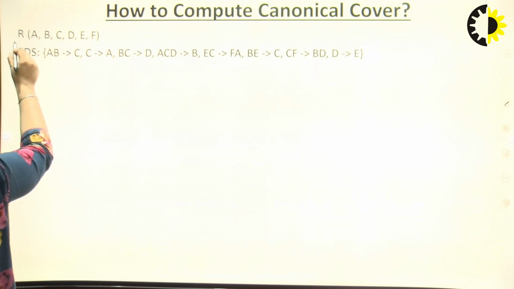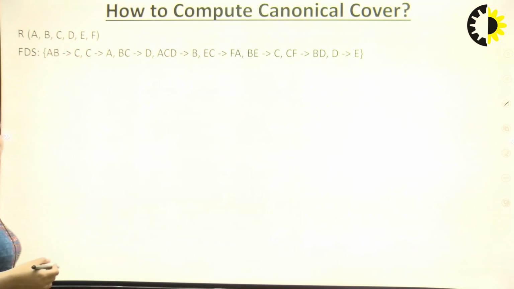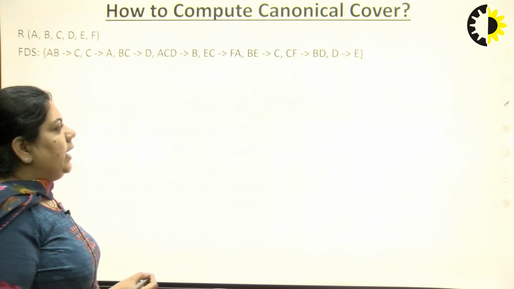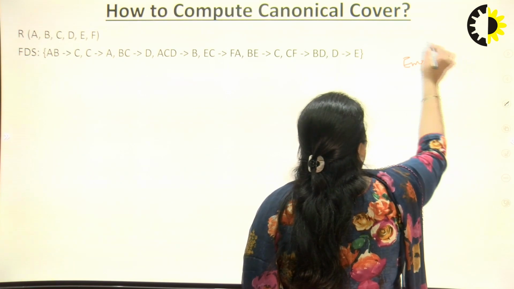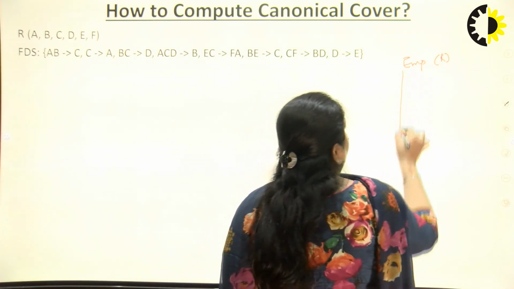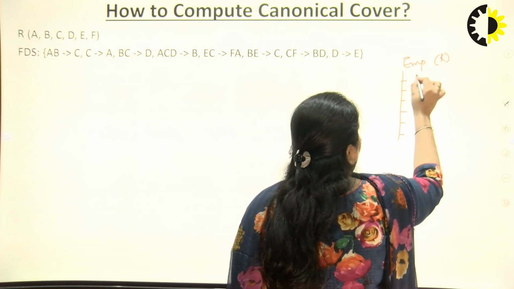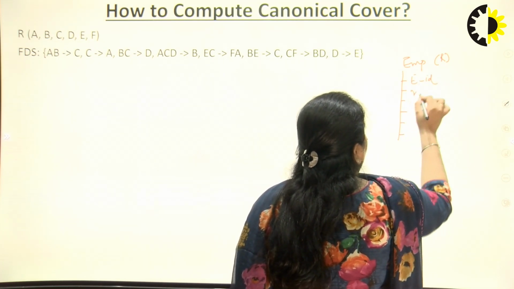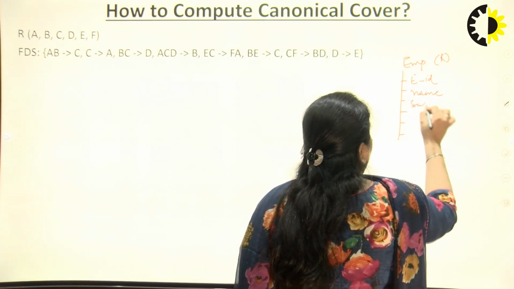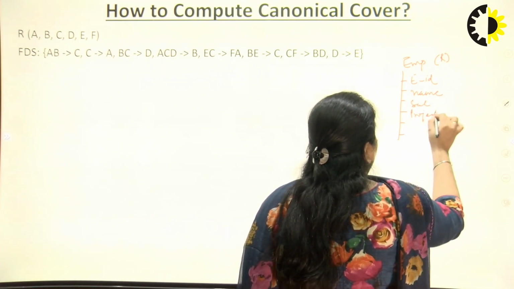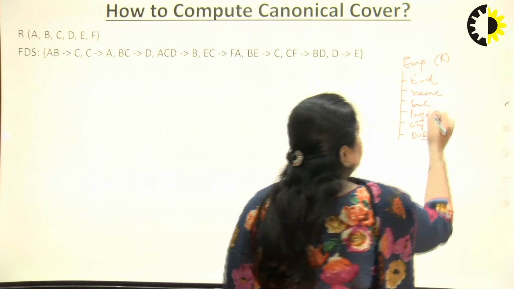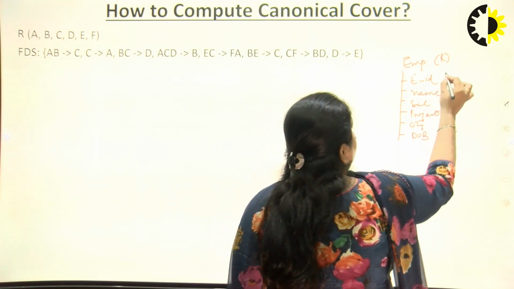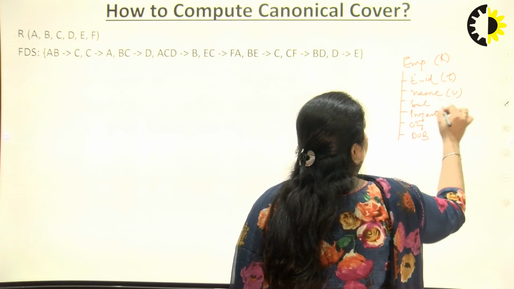Here we are given a relation R, where R is a table and A, B, C, D, E, F are the attributes of the table. For example, if we have an employee table, then employee is represented as R here, the relation table, and for the employee table we have different attributes. Suppose we have employee ID, name, salary, project he or she is working on, city, or date of birth. So these are the different attributes of an employee.